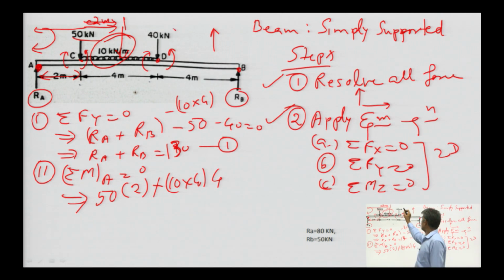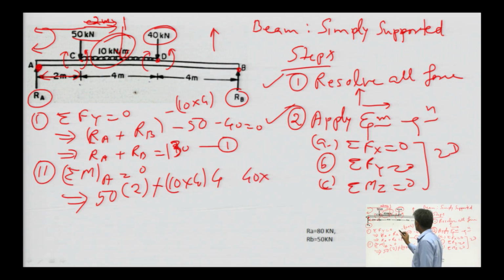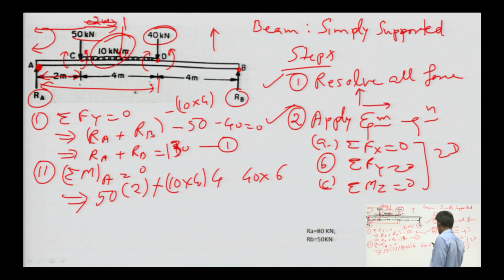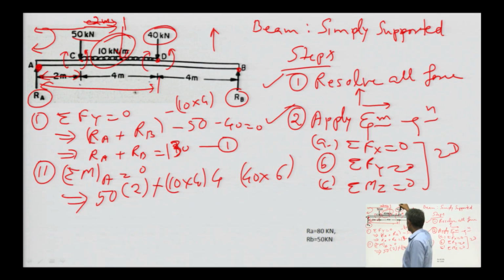Come to next force, 40. What will be the moment? Moment is 40 and perpendicular distance will be this one. So, this is 4 plus 2 means 6, 40 into 6, this is the value of the moment. And direction is again clockwise, so this is plus. Come to next force, this is reaction itself, so R B